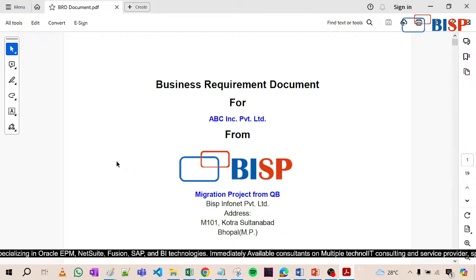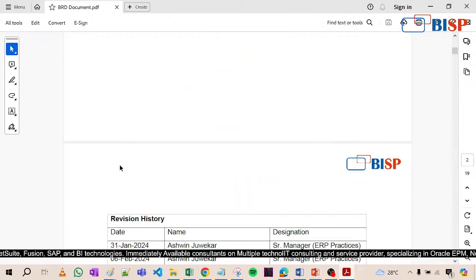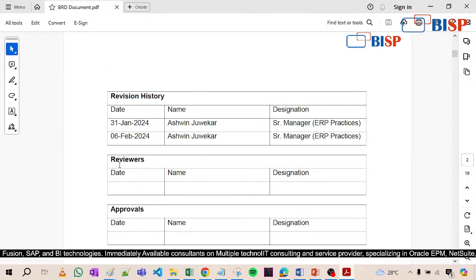First of all, we will see here the business requirement document. In the first page you have to provide this. Now what is revision history? Revision history says how many times this document has been revised. This is also most important,